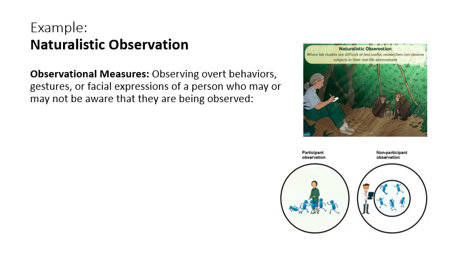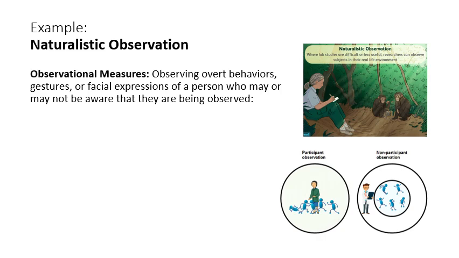So here's an example, naturalistic observation. A lot of our early research in behavioral research looked at primates, and the researcher can never be a part of the primate group. And so she or he would just sit and observe what she saw and take notes, but she was never a part of the group. And so certainly that's done with these naturalistic environments for animals, but it's also done for humans if we are